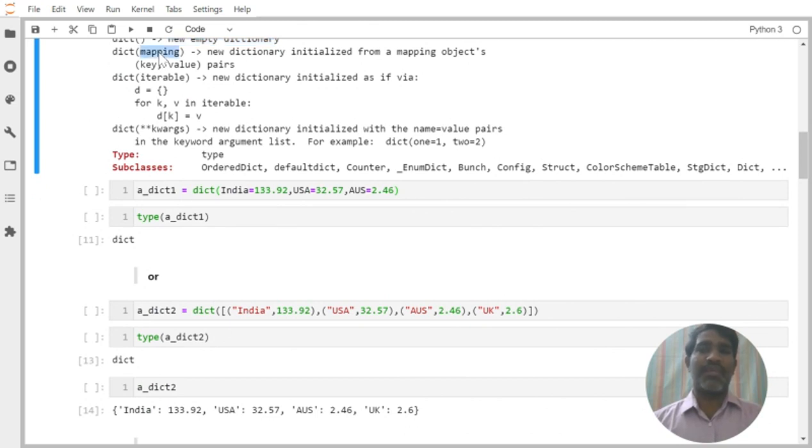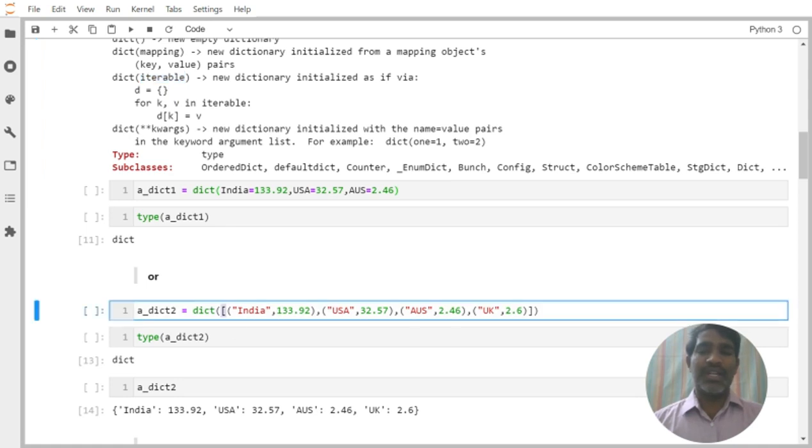That's what is known as mapping. What mapping are we doing? Key and value pair mapping we are doing. And you can also pass iterables here. Iterables means you can see this one. List is an iterable. Inside the list, we have tuples available. This is one tuple, this is one tuple, this is one tuple. So we have the list, and inside the list, we are taking n number of tuples. This is one more way of creating the dictionary.